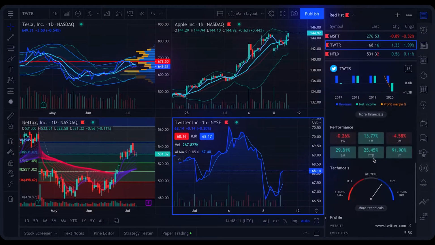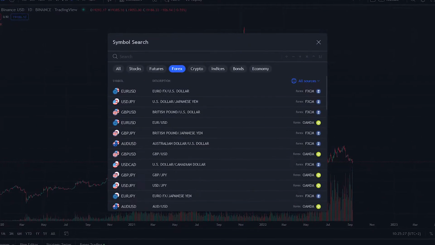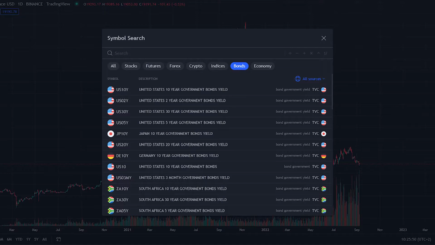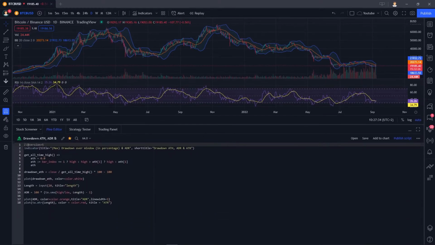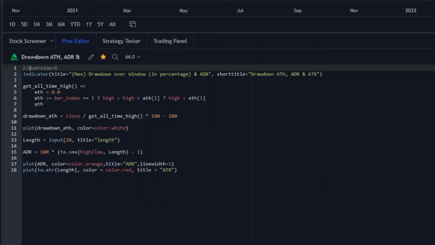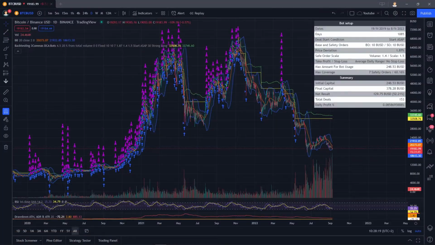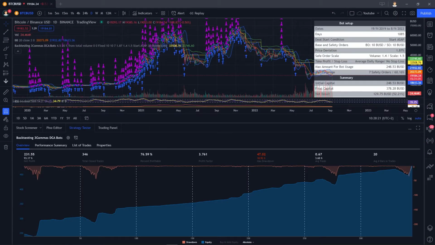With TradingView, you can analyze any financial asset like stocks, futures, forex, cryptos, indices, bonds, or even entire economies. You can apply over 100 available public indicators, or you can build your own with TradingView's scripting language, PineScript. If you ever wondered how well a trading strategy really works, you can also simply backtest any strategy on historical